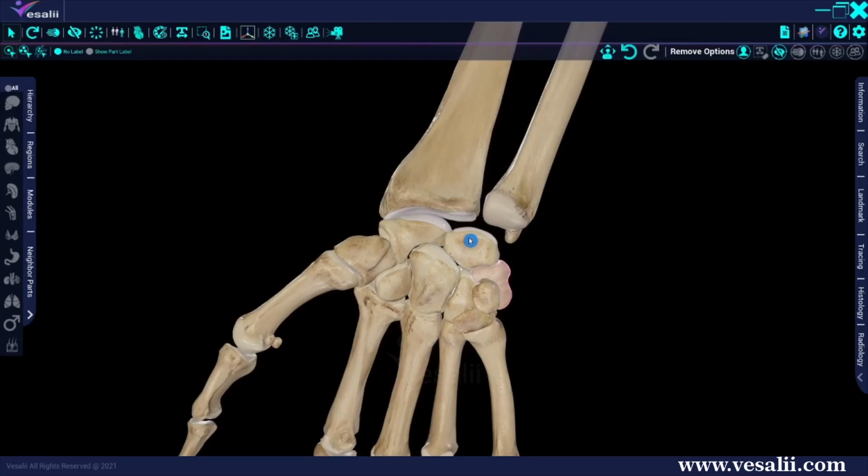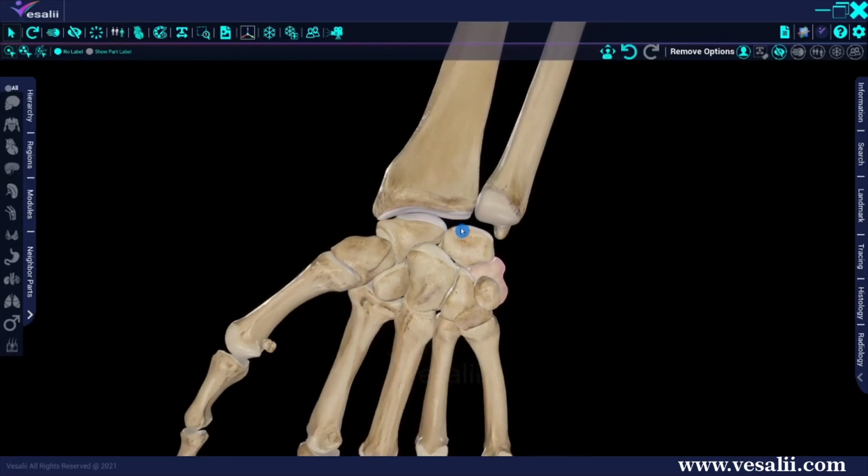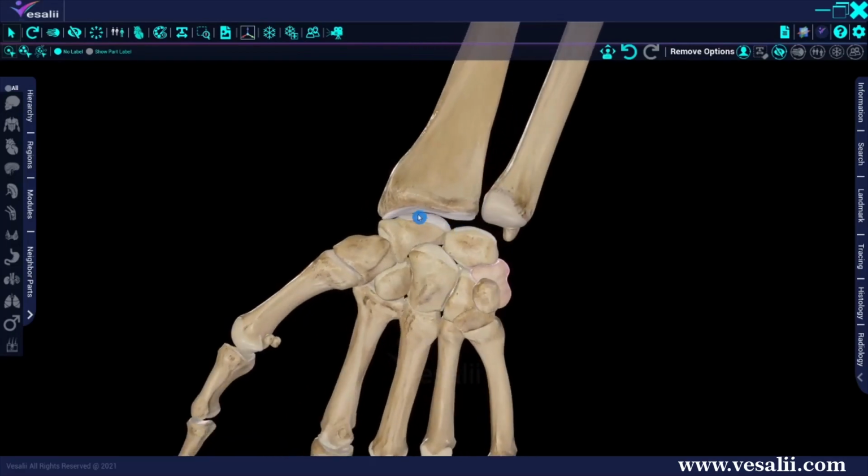The articular surfaces are covered by hyaline cartilage, and the capsule encloses the joint and attaches to the radius and ulna proximally and to the proximal row of carpal bones distally. The capsule is lined internally by a synovial membrane that attaches to the margins of the articular surfaces. The joint cavity is separated from the cavities of the distal radio-ulnar and intercarpal joints.